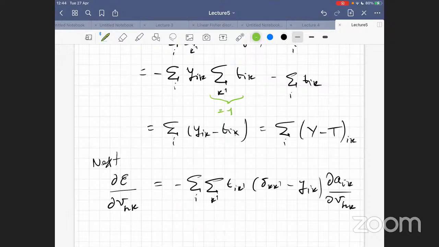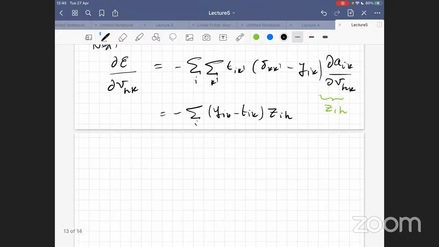But you see that this is just z_i^H, which is the units of the hidden layer. So what I'm saying then is that this can be rewritten as the sum of y_ik minus t_ik times z_i^H,